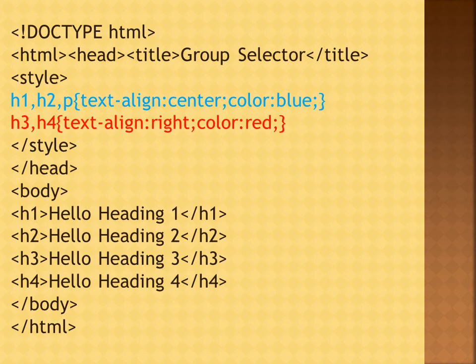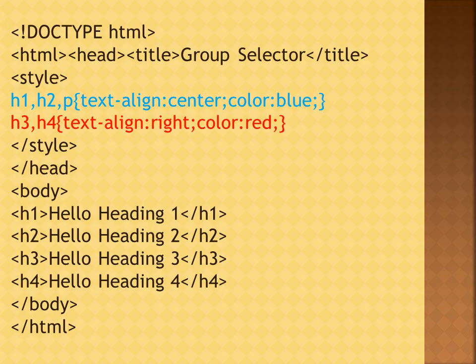So when we are using multiple HTML elements in the same web page, using groups we can assign different styles on the text of multiple HTML elements.